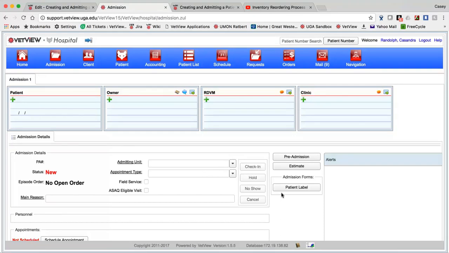Okay, so in the admissions screen, you can begin with any piece of information that you have that indicates that an animal is going to be brought to your facility for an upcoming visit. So if the owner has called, you can start with the owner information. If the RDVM has called, you can start with the RDVM's information. There's nothing that ties you to putting a certain piece of information into the system first. So that being said,